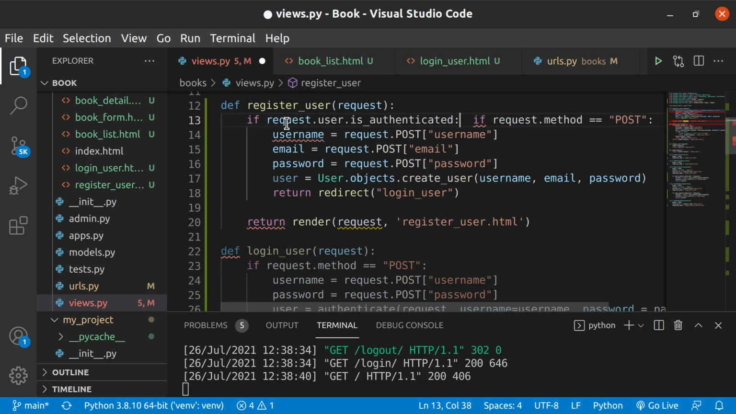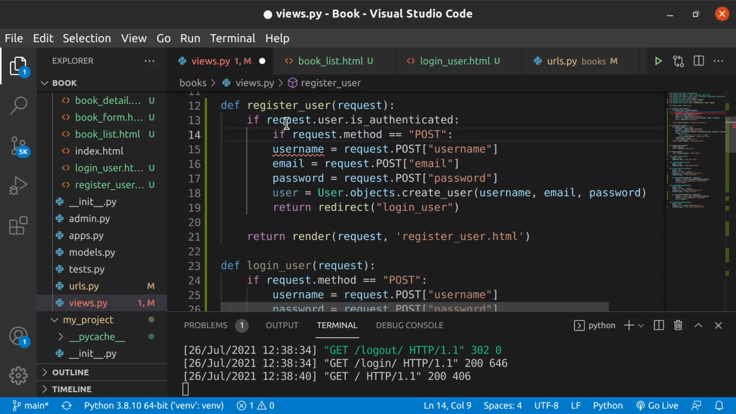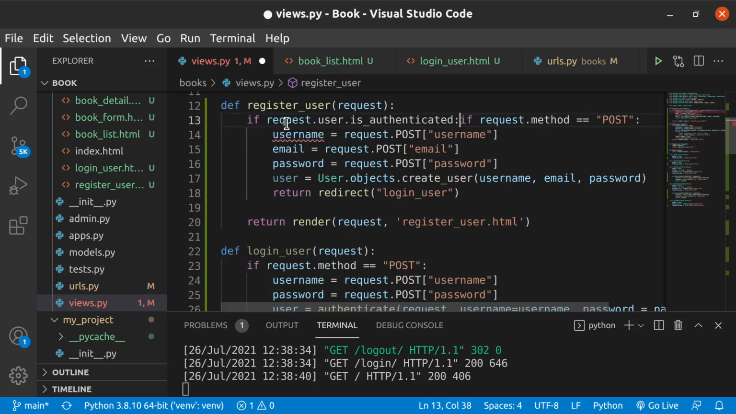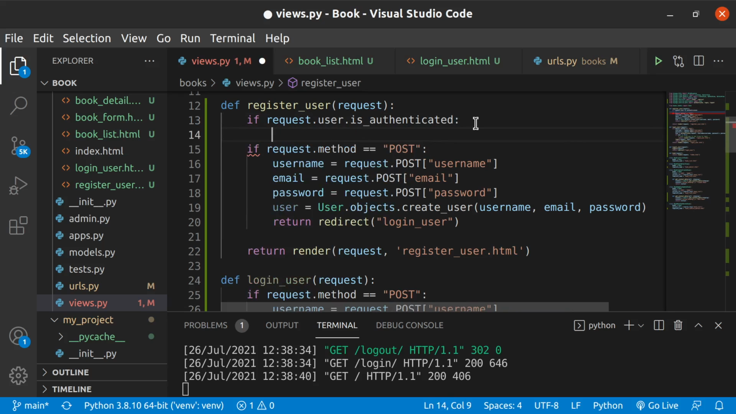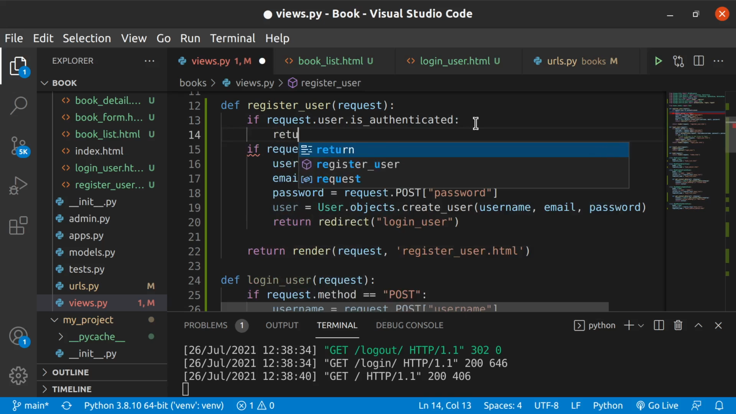Then if they authenticated, then they should not do what? They should not actually see this. You get my point? Yes, I do. If at all they authenticated, maybe this one should just return